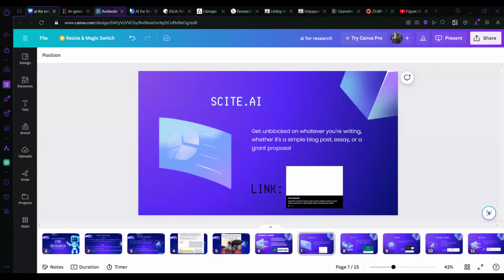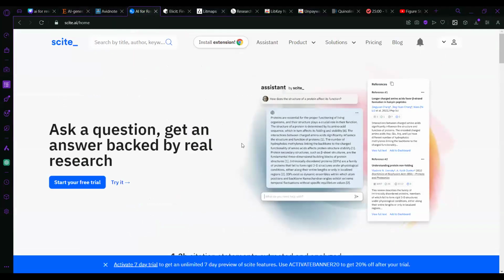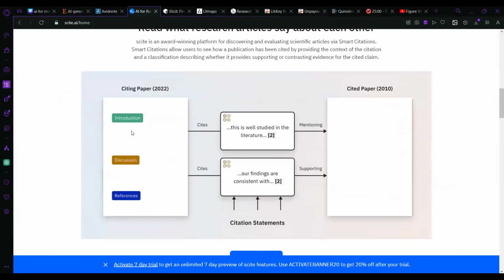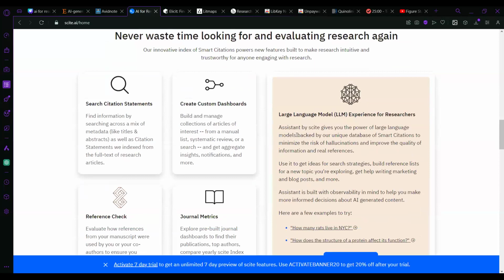So yeah, this one is a paid platform. The rest are all free. But basically I'll just explain quickly what it does. I think it can link a lot of articles. It can link exactly where one article has cited another one. They can find, or at least relate the conclusions of the article, see if it's contradicting each other, see if it's consistent throughout all of the articles.